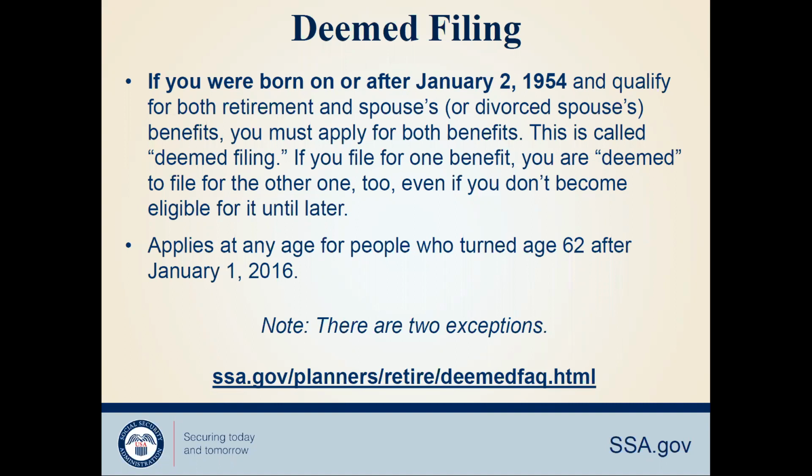We have child in care benefits, is when a beneficiary is entitled to spousal benefits based on a child in care requirements and is eligible for retirement benefits. He or she may delay filing for retirement benefit. Then there's receiving both disability and spouse's benefits. When a beneficiary is entitled to disability and spouse's benefits, he or she may delay filing for retirement benefits. If the disability benefits terminate before converting to retirement benefits, deemed filing applies in the month of termination of the disability benefit. You can find more information and details about this at